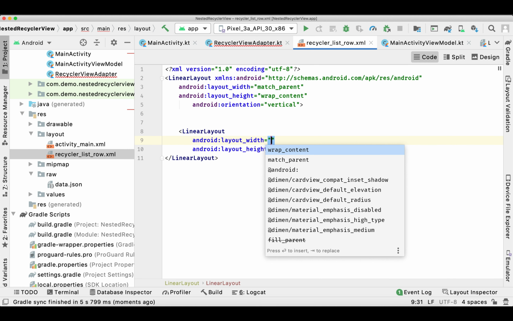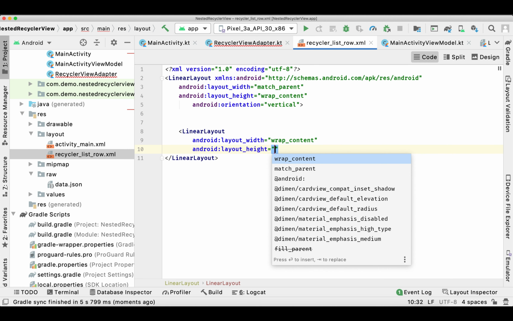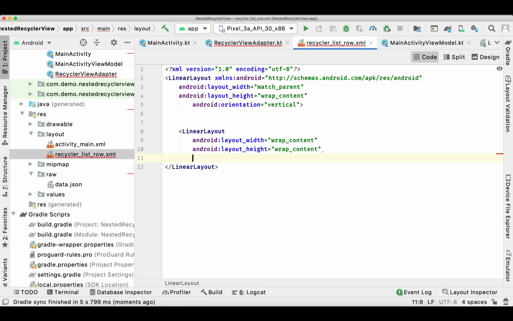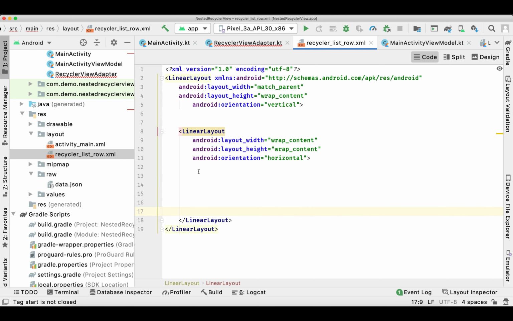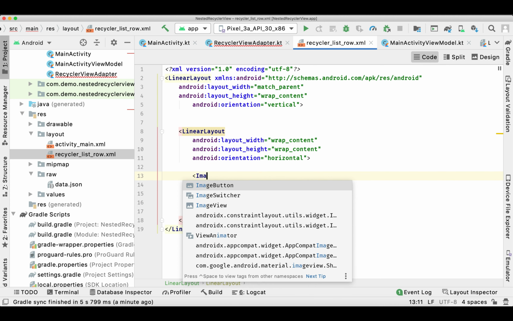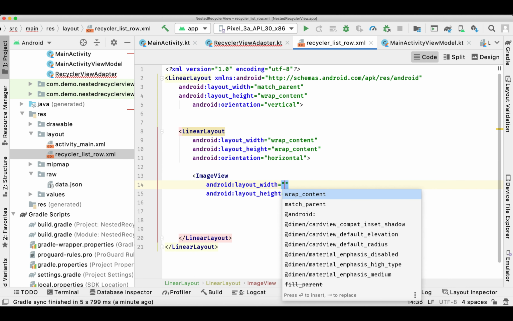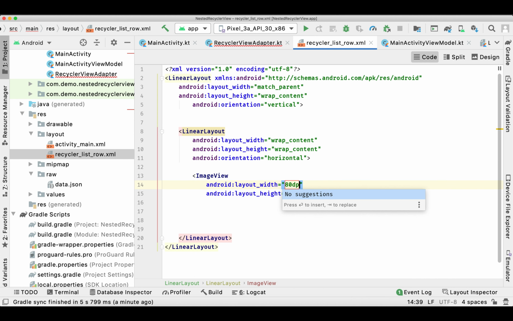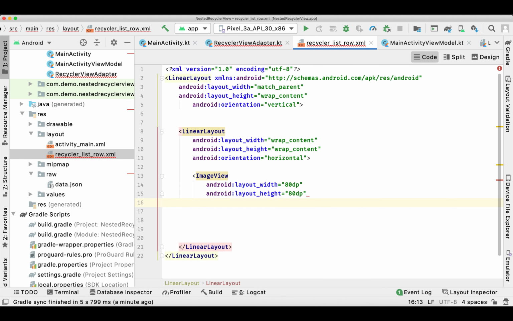In this layout file, I'll simply add an image view on left hand side and then two text views to display the text like the address and the name. I'll add a recycler view later, so that first we'll run just the main recycler view, then I'll show you how you can add another recycler view inside this file and set the adapter and handle the click as well.